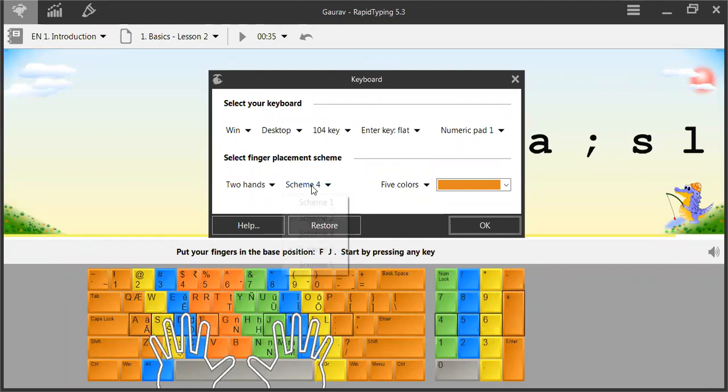So similarly in scheme 4 brown is also added here. Because see the index finger works in a better way than the other fingers. So we should have more number of keys based on index finger. So we can use the scheme number 4 for that. Right? In scheme 5 these ones also became blue. So choose the scheme that you want to use, and then